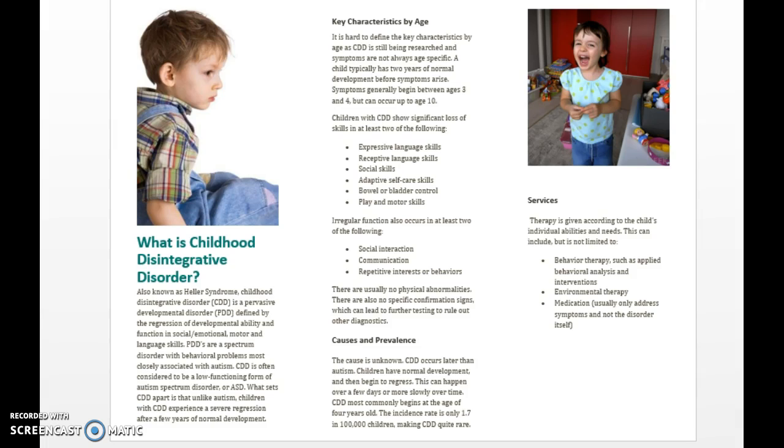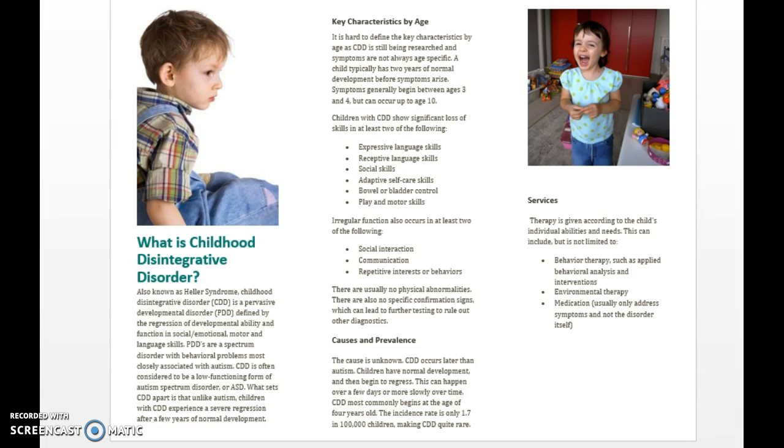So childhood disintegrative disorder is also known as Heller syndrome. And this disorder is one of the 5 disorders listed under the pervasive developmental disorders, known as PDD. So PDDs are a spectrum disorder and they usually include behavioral problems. The disabilities included in PDD are autism, childhood disintegrative disorder, which I'll be calling CDD, Rett syndrome, and pervasive development